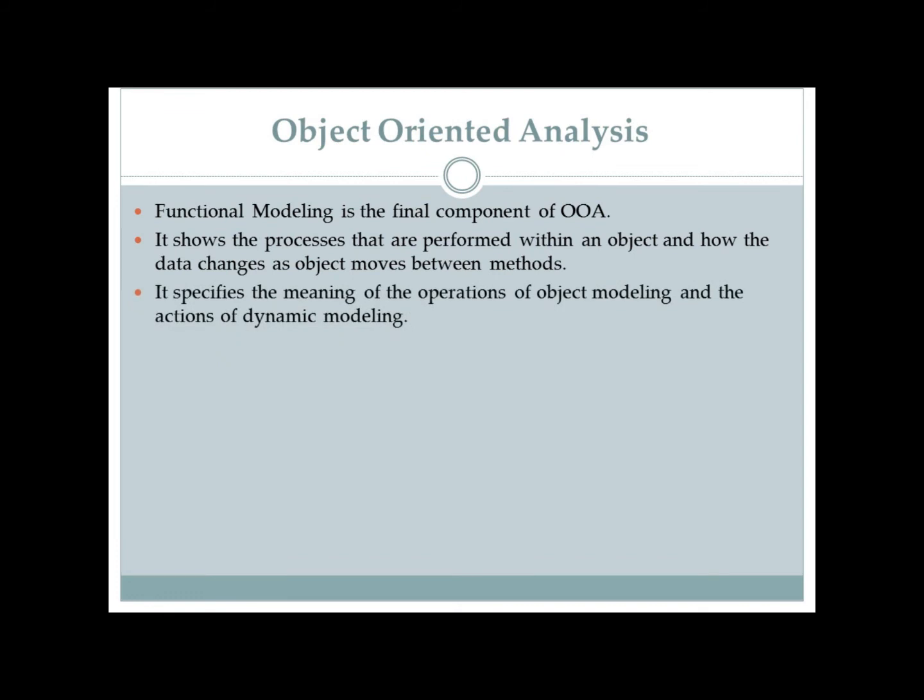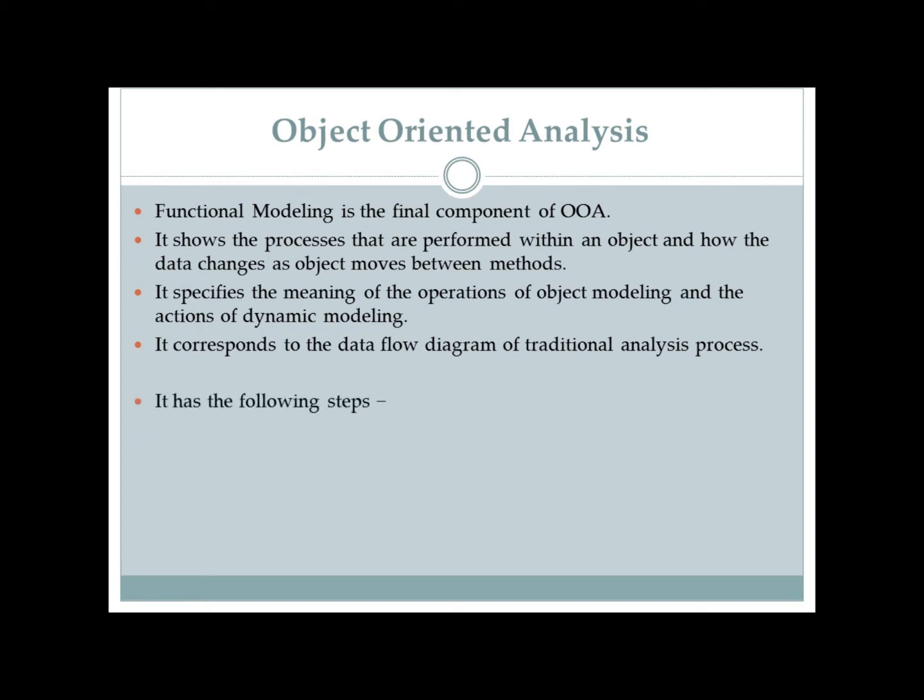Functional modeling specifies the meaning of the operation of object modeling and the actions by dynamic modeling. It corresponds to the data flow diagram of the traditional analysis process, which helps in the software engineering process when we use it with the basic SDLC. Then it follows some steps